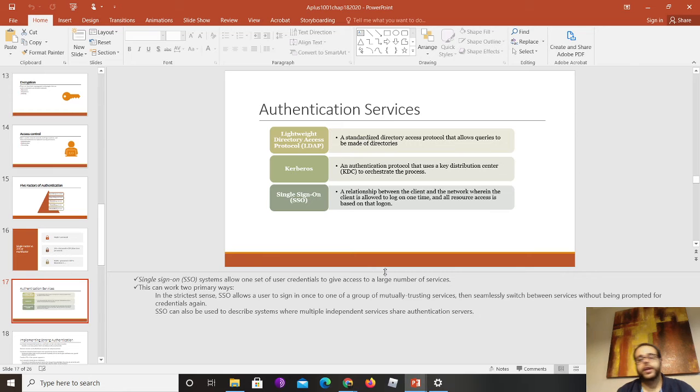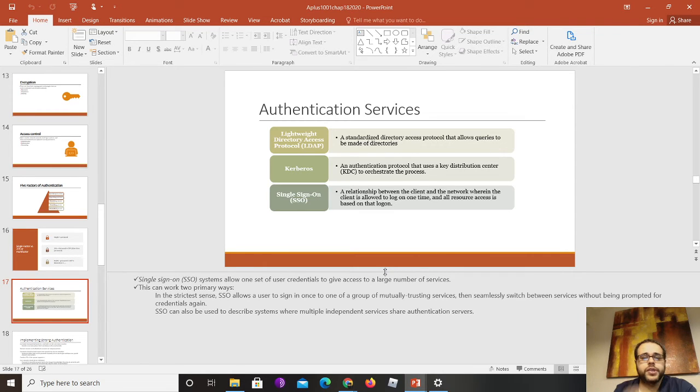If you go on a Linux environment, it's going to be LDAP, but if you go on Windows, you're going to see that it's used in Active Directory. Kerberos is actually an authentication protocol that is used with LDAP to provide authentication for accessing the Active Directory, right? So while Active Directory will be the access protocol, Kerberos will be the authentication of that.